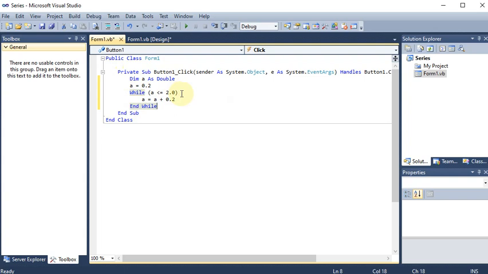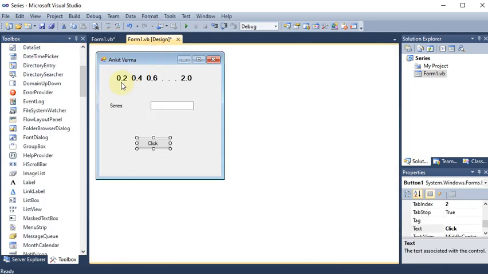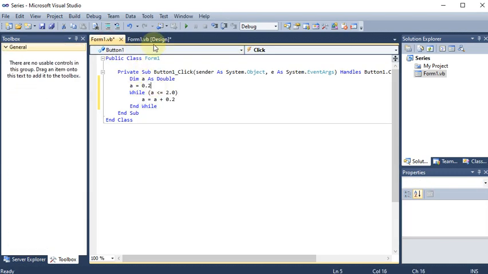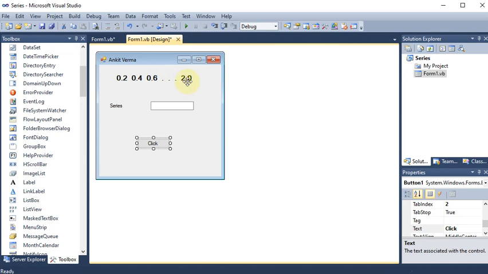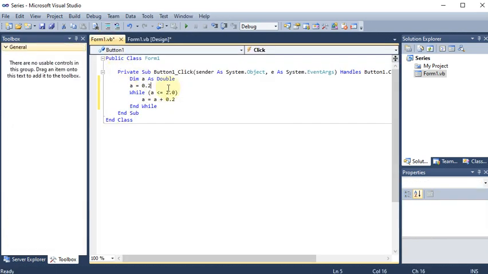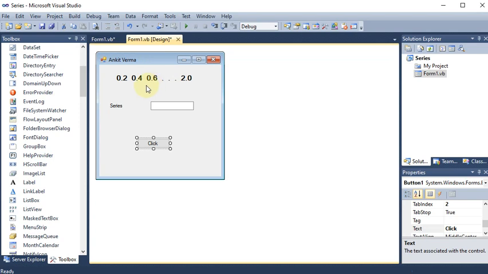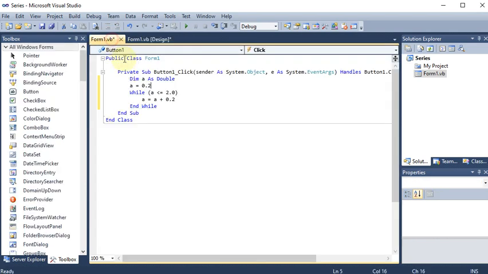Whenever we are performing any looping, we should understand that there is the first number, which is initialization. So we have performed here. Then afterward we need a condition check, which is the last number. So we have performed here. And we need increment or decrement. So increment we have performed here.